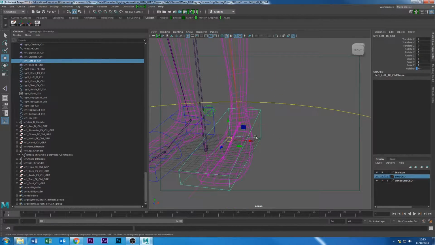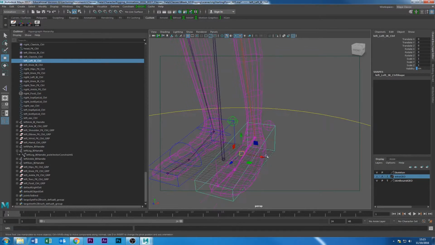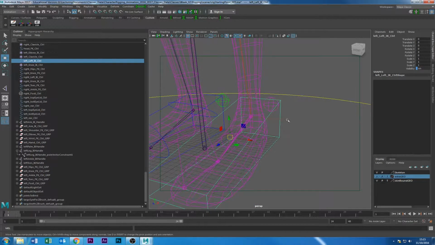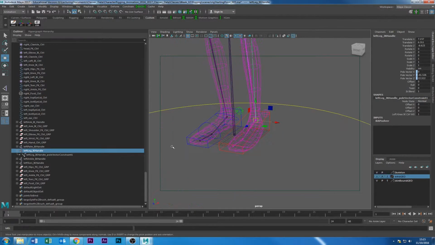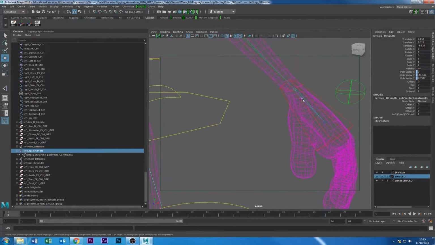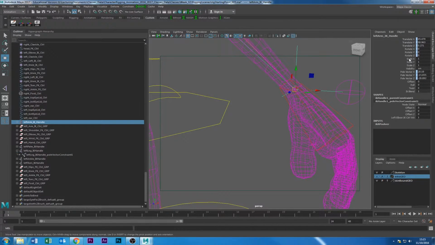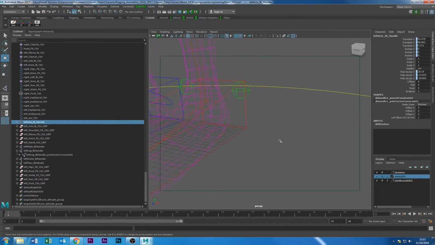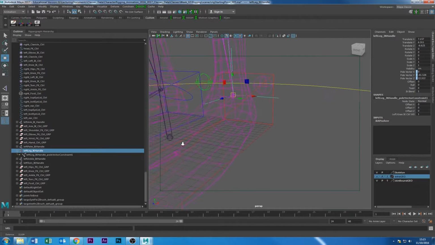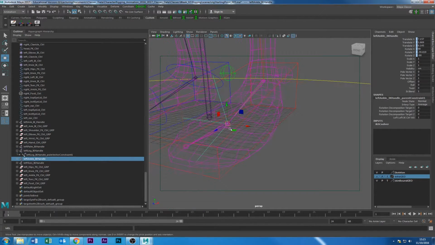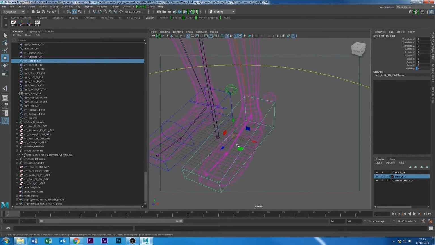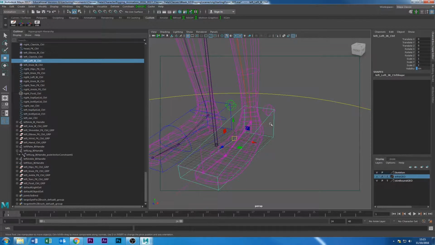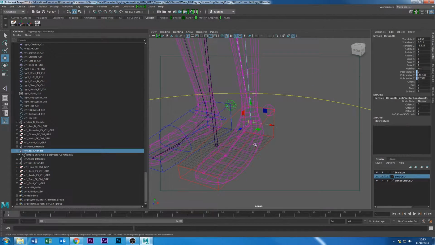Okay, I know what I did. So originally, this IK handle was controlled by the control through a parent constraint, just like we did this one. So this guy here, you see, got a parent constraint. I created the same here with this and with this one as well, and with this one. Now, the reason I can't do this one here is because I need to have these IK handles